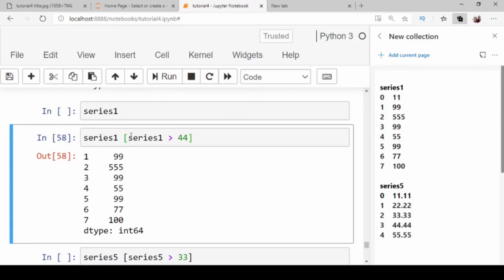When you apply this check with the series object and the Boolean expression, you will find that it returns the filtered result containing only the values that return True for the given Boolean expression. So this statement is displaying the values that are more than 44.